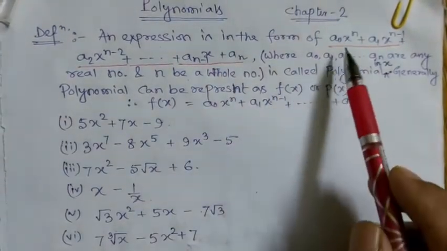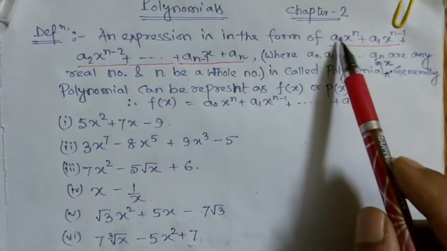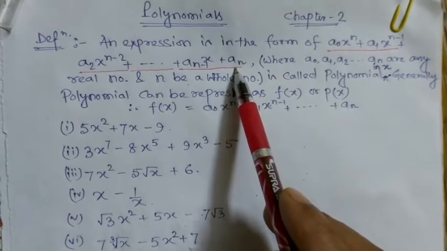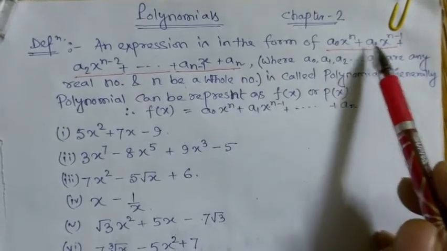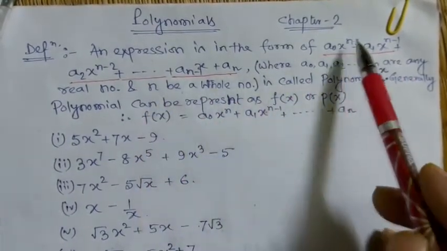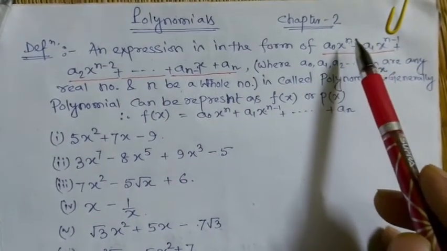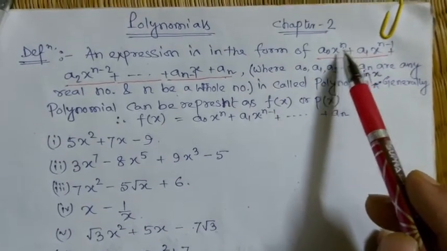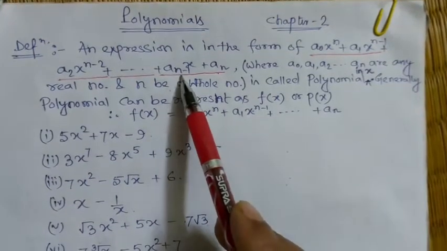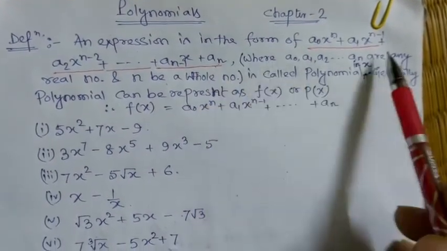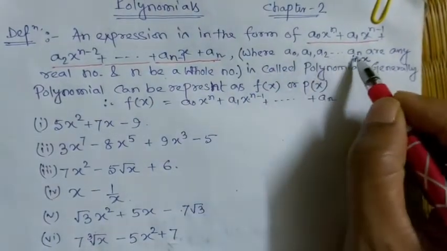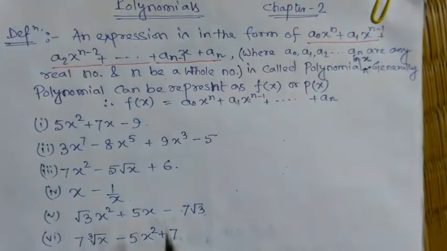Here, there are three types of terms: a0, a1, a2, a n minus 1 and a n, they are the coefficients. Each term has x, which is another part, and here the n. We take three types of value. First one is a0, a1, a2, a3 up to a n minus 1, a n. These types of number are real numbers. So a0, a1, a2, a n can be any real number.